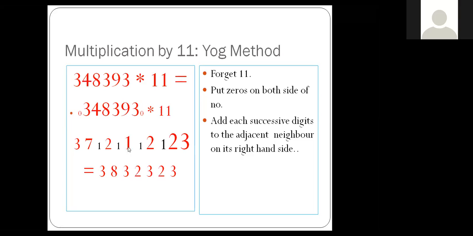Right? What we have done? These 7 and 1 are added together because 12 is there. So 2 says to 1, don't stay with me. Then 1 says, okay, don't worry, I will go with 7. So 7 and 1 are joined together. So it becomes 8. Yeah. 3, 2. 3.